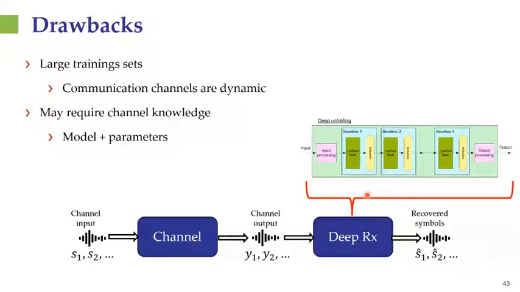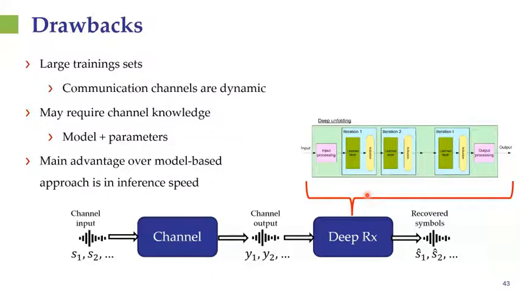So at the end of the day, the main benefit here over conventional algorithms, like actually implementing projected gradient descent, is mostly in inference speed. Namely, we don't have to actually carry out all those iterations. Doing it over a deep network is much faster than just doing the iterative process analytically. But on the other hand, we do need to spend a good deal of time and a good deal of computation in training this network.